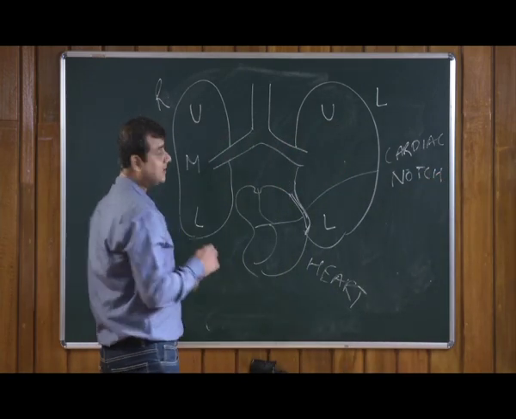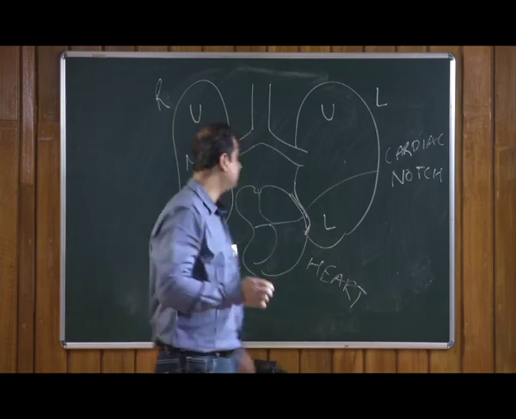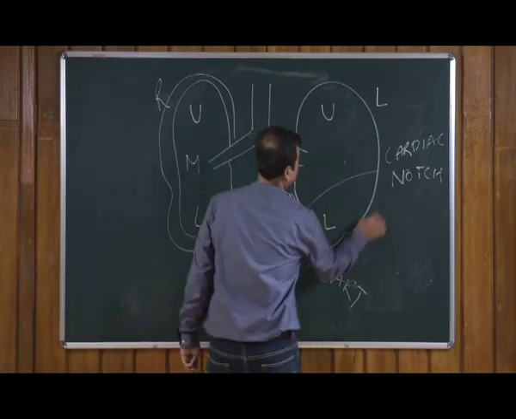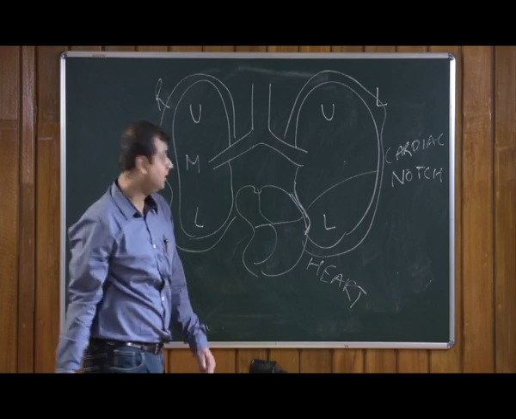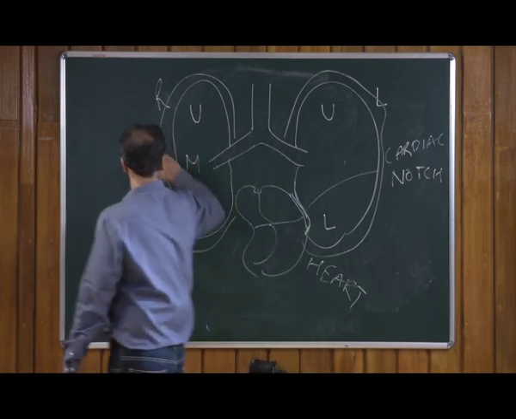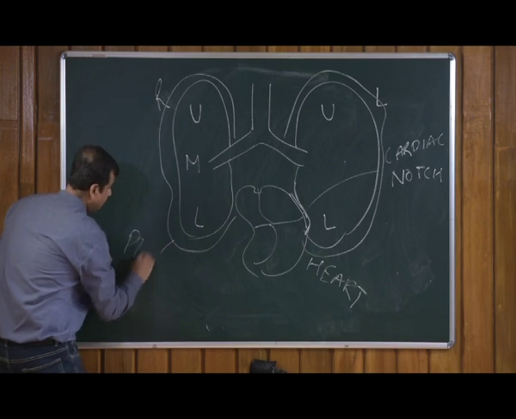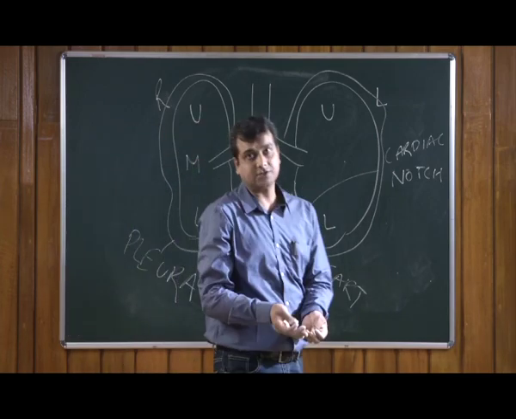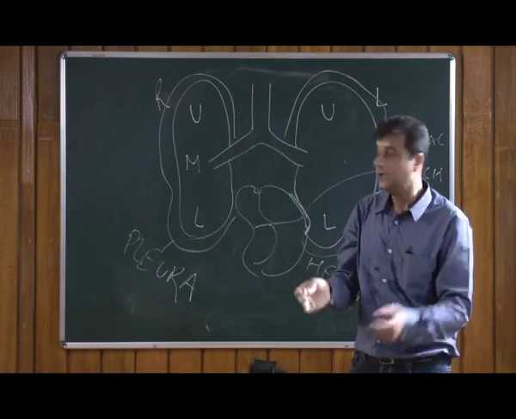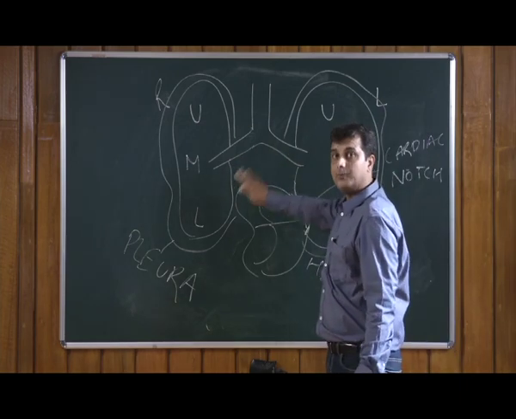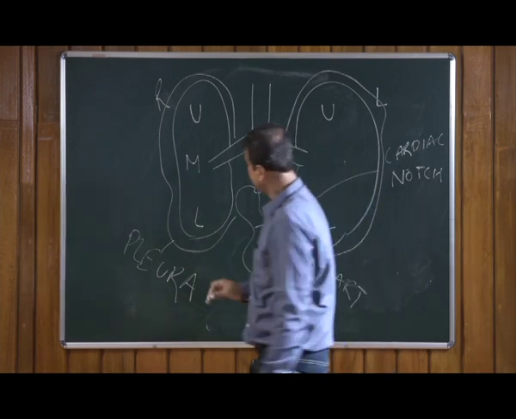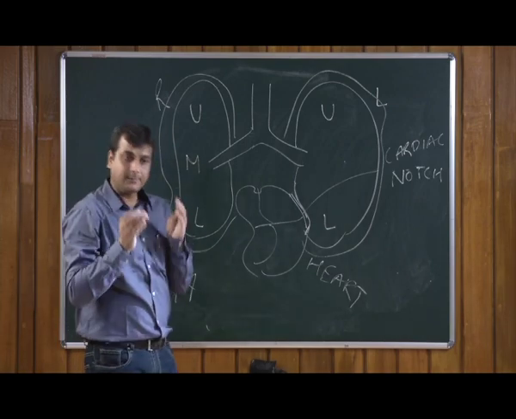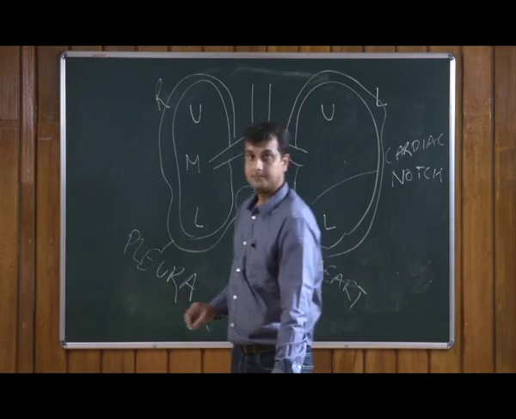Now, this whole lung as such is covered by a very specialized kind of membrane in order to protect the complete covering. This unique covering of the lung is called pleura. So pleura is a very specialized structure, a kind of membrane, a kind of covering that is protecting the lobes of the lung with their unique structure. And this pleura is nicely demarcating the lungs from the other organs in the body.